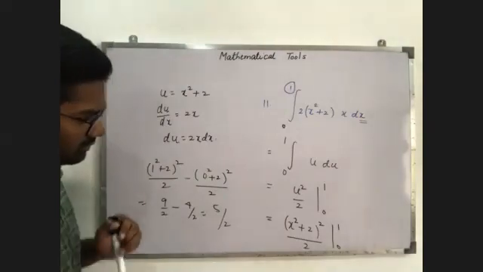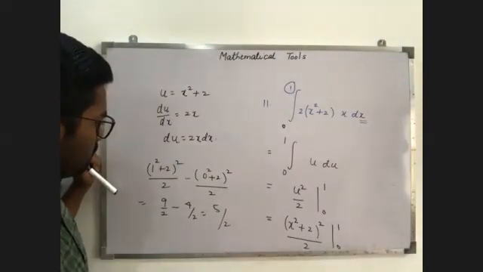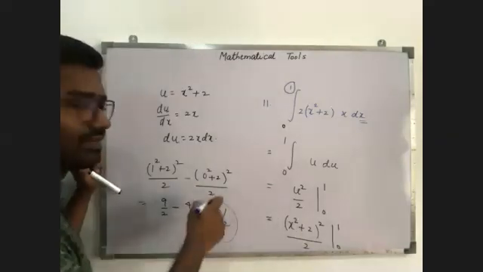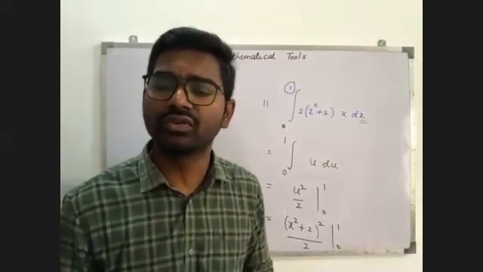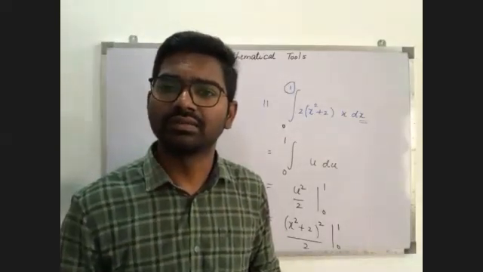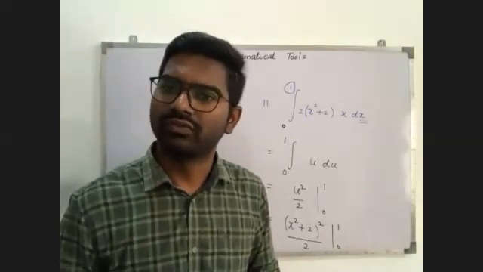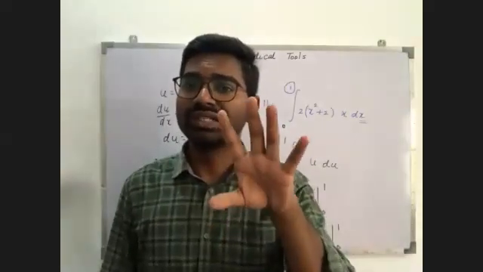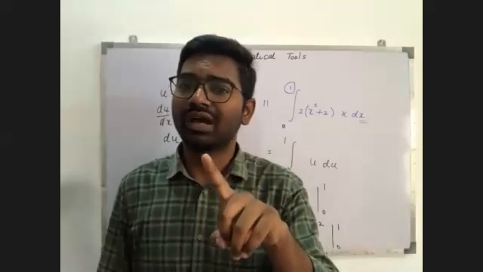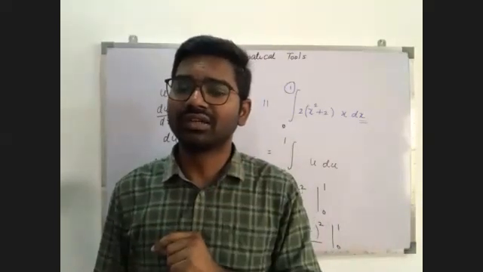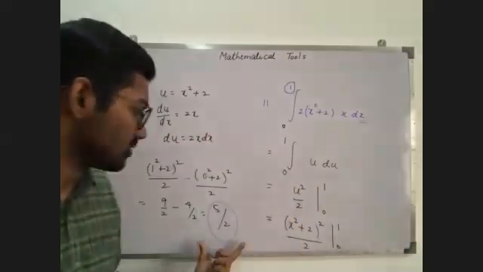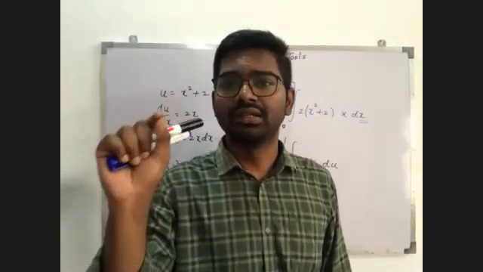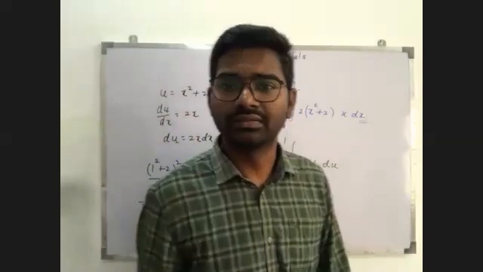5 by 4. Wait guys, is it right? 5 by 2 is the answer, not 5 by 4. What was the answer previously? 5 by 2. So this is the correct answer, guys. Whoever has written 5 by 4 in the previous question, make it 5 by 2. I corrected it. I don't think you have concentrated on the board. Here also we are getting 5 by 2. In the last step of the last question there was a mistake. Instead of 2, I had written 4. Just make it correct.